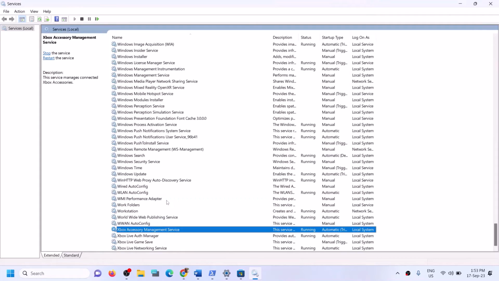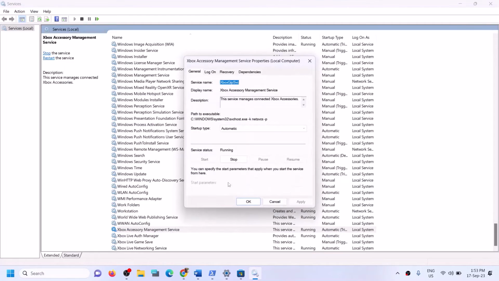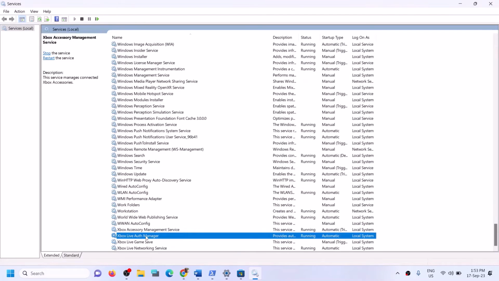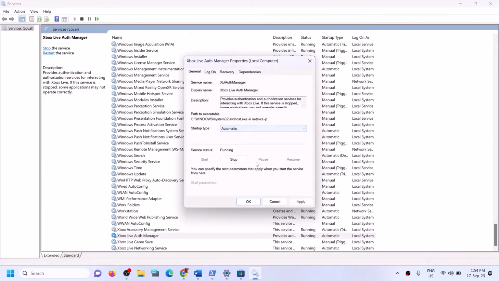Now find Xbox services. At the end, you will find all the Xbox services over here. So you have to start all the Xbox services. Make a double click, set it to automatic, click on apply, click on start if highlighted, and then click on OK. Again, make a double click, set it to automatic, click on apply, click on start if highlighted, then click